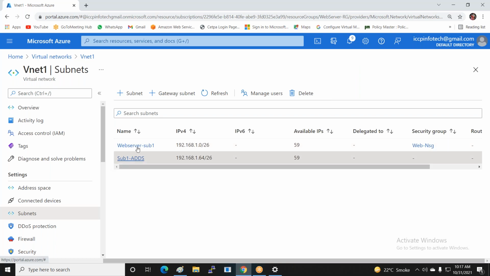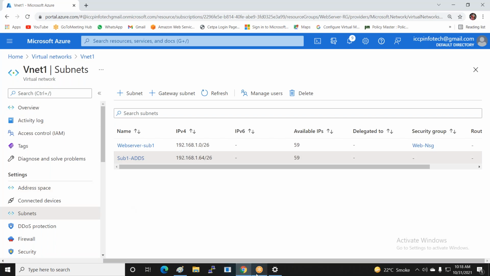But these both subnets are connected with each other because the parent network is 192.168.1.0/24. They communicate with each other because Azure automatically reserves 5 IPs, the gateway IPs that provide the communication between different subnets. You can see 59 IPs are available because in /26 the total number of IPs is 64, but Azure reserves 5 IPs. The first IP is the network, the second IP is for the gateway, the third and fourth IPs are for DNS, and the last IP of the particular subnet is called the broadcast IP. Okay, clear? Yes.